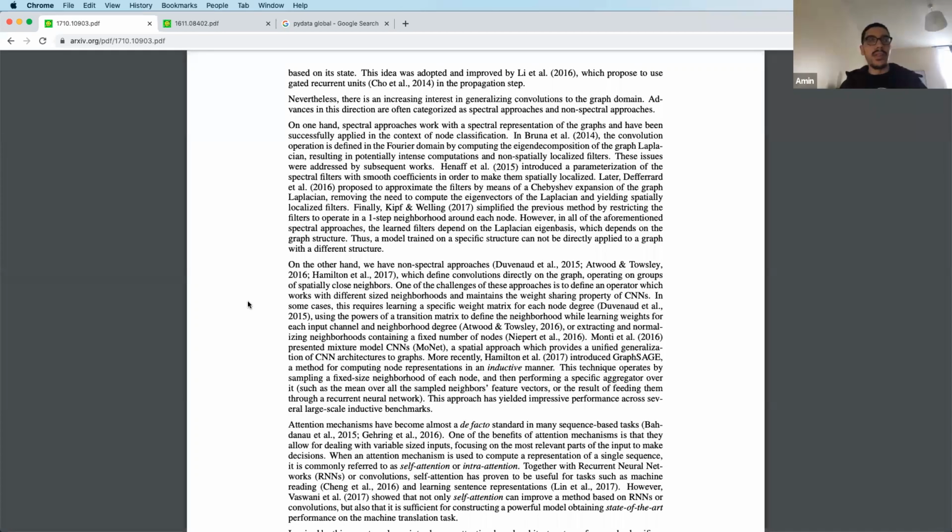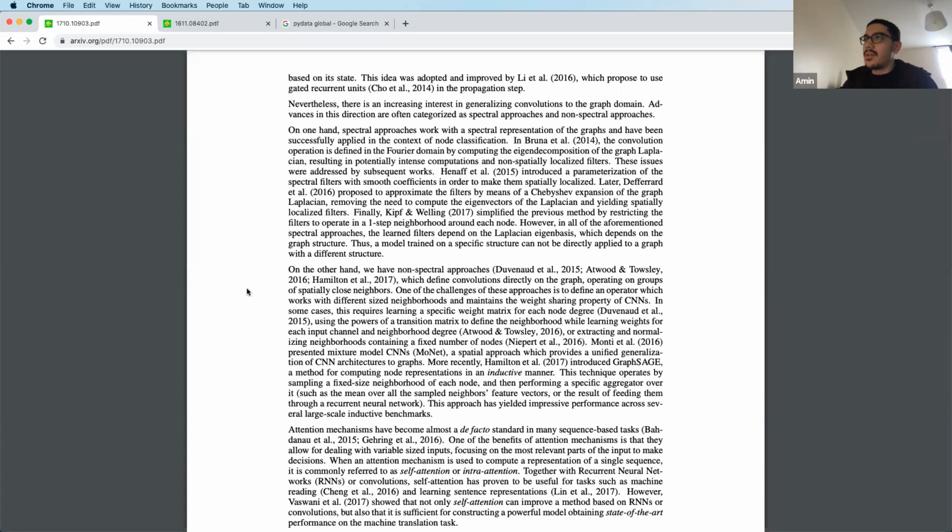In this way, the operation is defined in the Fourier domain. After this there are different approximations which can be applied to improve the model. But one of the issues with this is that it is